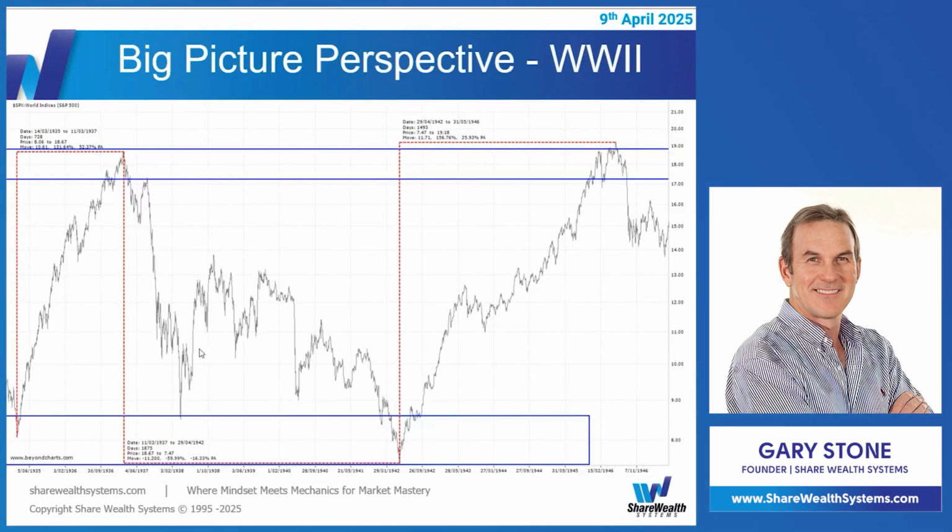Then there was this huge fall. What is that? About a 59% fall over a period of time. And then the war started during this period of time. So a world war broke out. And in 1942, here you can see the base, the trough was in 42. And through to the end of the war, the market rose 158%.